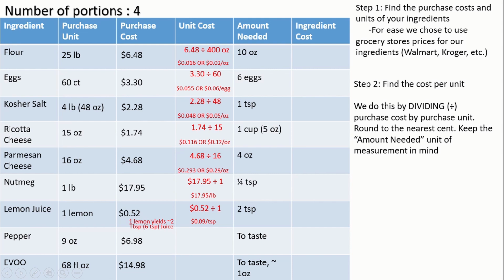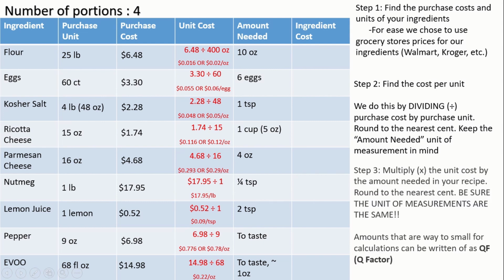Okay, but like I said, we're not going to go too much into produce items today, just because we do run into complications like this. But just be aware that certain produce items you will need to be basing your food costs on what they yield versus what you get when you purchase them. Okay, so we go through again, continue with pepper and olive oil. Once we have everything here for our unit cost, we then go into our third step, which is the